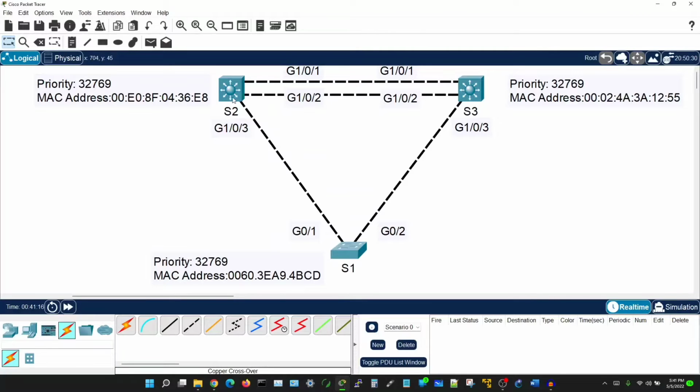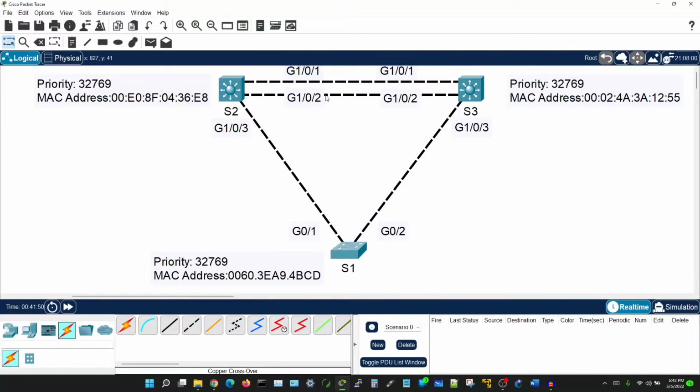Now the bridge ID is just itself, right? So it's going to choose the lower interface value. In this case, it's going to choose gigabit 1/0/1 as its root port, and then the other one is going to be on the designated port,